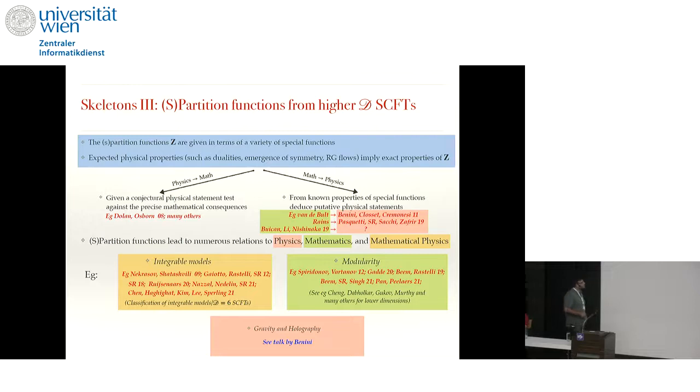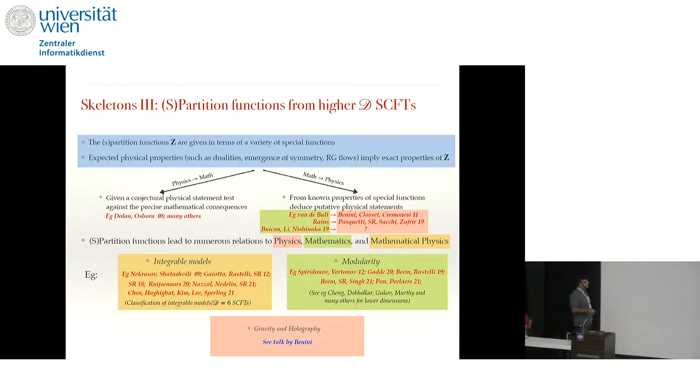And here, let me briefly mention other types of things that one can do with these supersymmetric partition functions. For example, these partition functions are typically given in terms of some very well-defined, interesting special functions, and various physical properties of the quantum field theories of interest are encoded in precise mathematical properties of these integrals and sums of these special functions. So one can do two things. One can either look at these computations of partition functions, conjecture various physical properties, and see whether these mathematical objects satisfy these properties. There is a rather big industry starting with the work of Dolan and Osborne performing that,